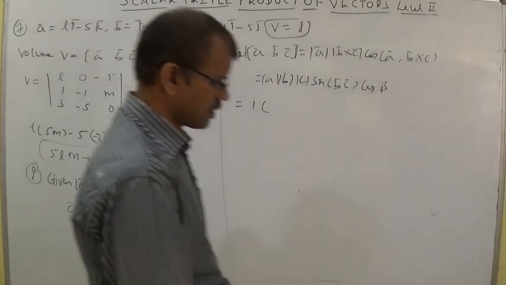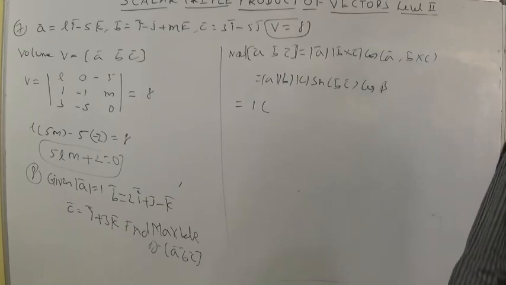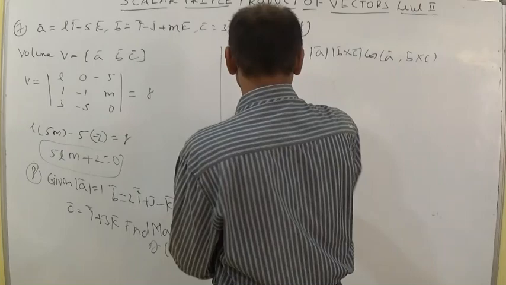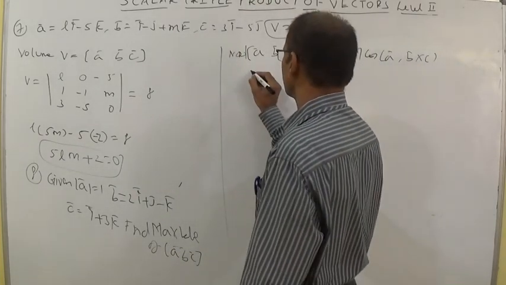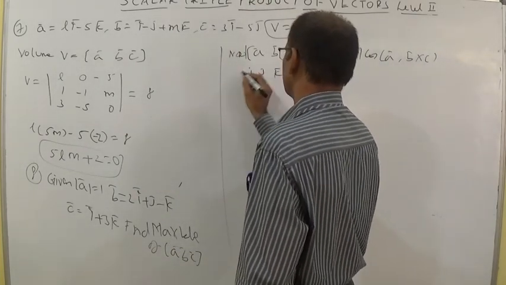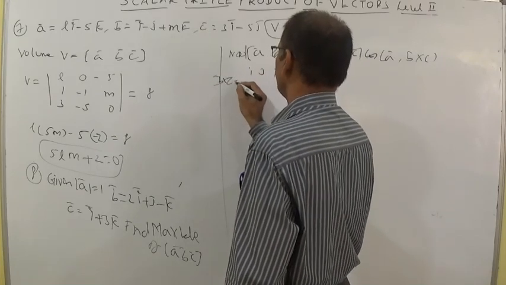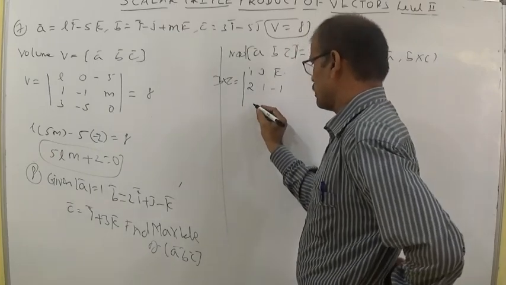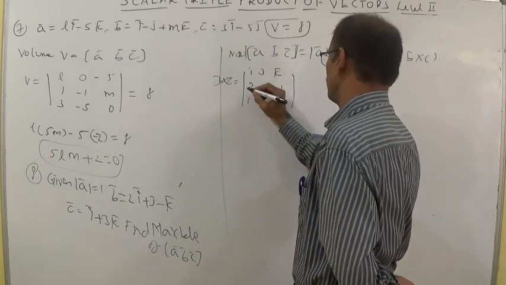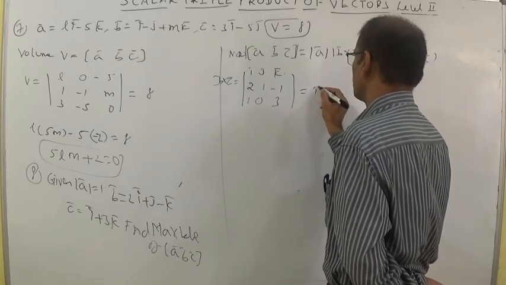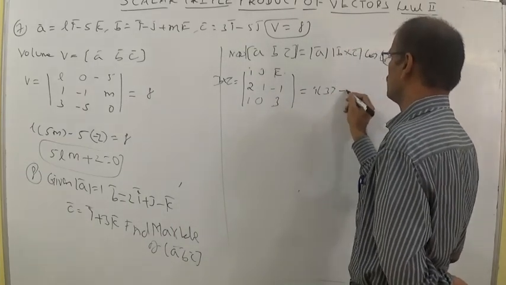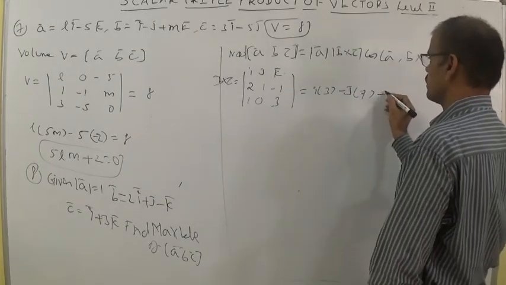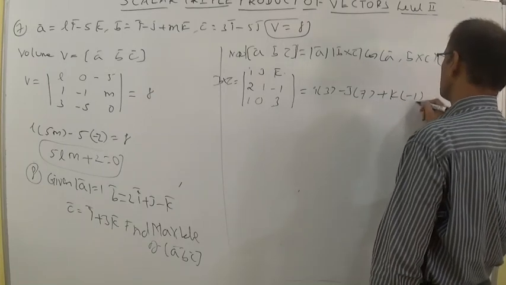Let us discuss about B cross C. Later we can discuss about the next value. Let us continue with the B cross C value using cross product, i j k. B cross C is equal to the determinant with rows i j k, 2 1 -1, and 1 0 3. That is i into 3, that's all, minus j into (6 minus (-1)), here 6 plus 1 is 7, plus k into (0 minus 1), which is -1.